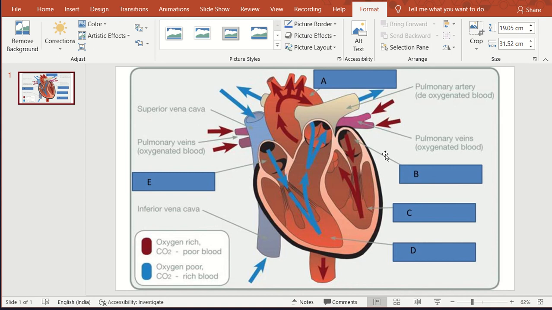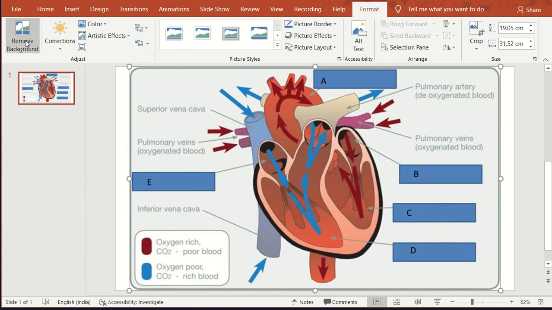So let's say this is one of the pictures saved on our computer from a web search. I would be selecting this picture, and I don't need this particular labeling which is there, I need to remove it. I only need the diagram. For that, first and foremost you have to click on the picture. The moment you click, you will see that these dots become highlighted. Can you see these dots? Once the dots are highlighted, I need to remove the background.